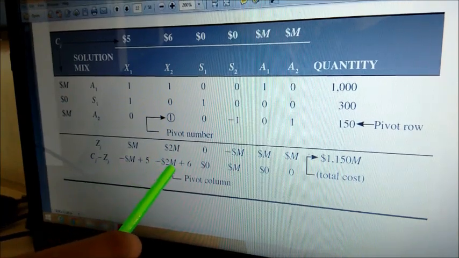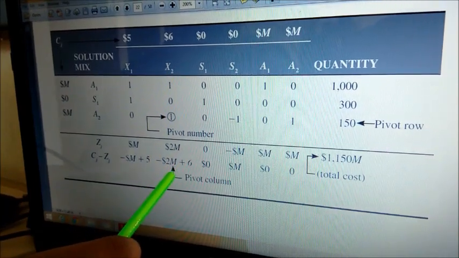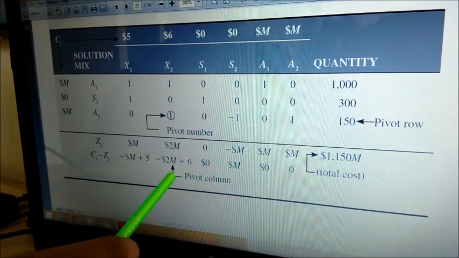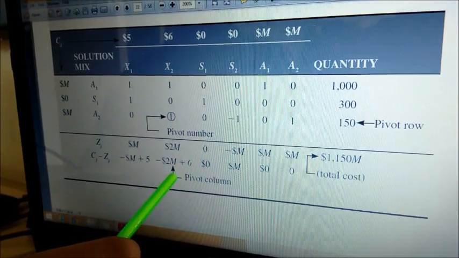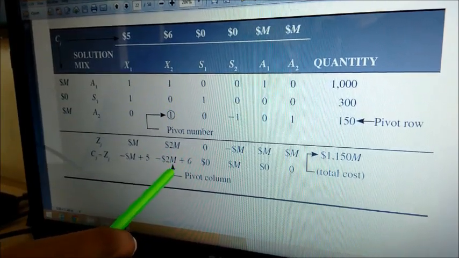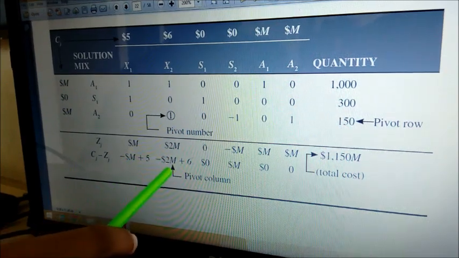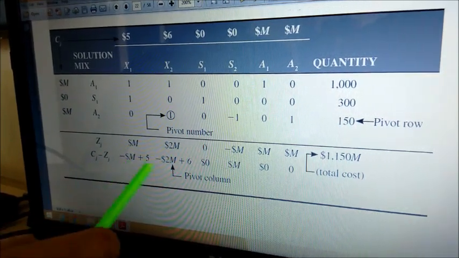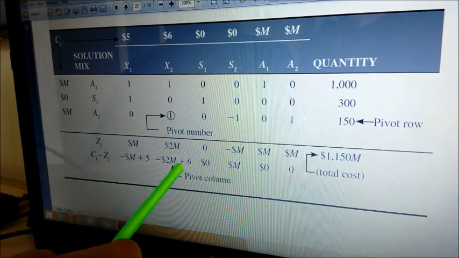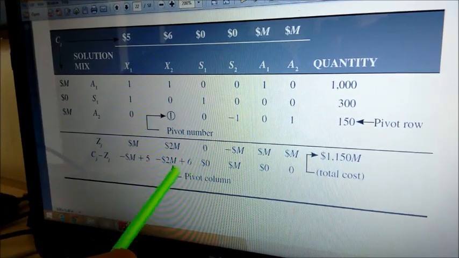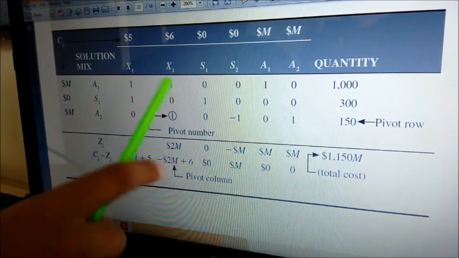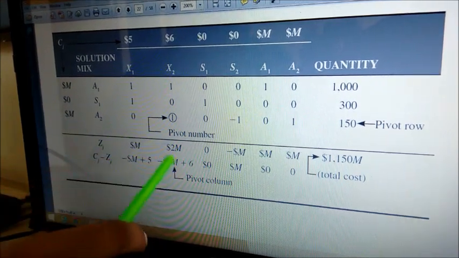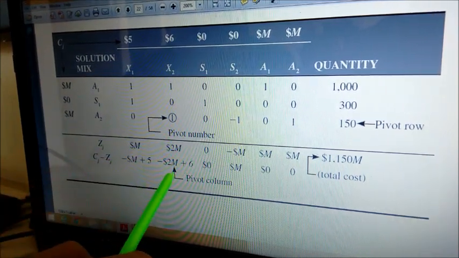Now the value of m we are assuming to be very high, so automatically minus 2m will be a very low value, the most negative value in this case. Minus 2m will be lesser than minus m. It will have a greater negative value than this one. That's why we'll take this as the pivot column, and we'll assume x2